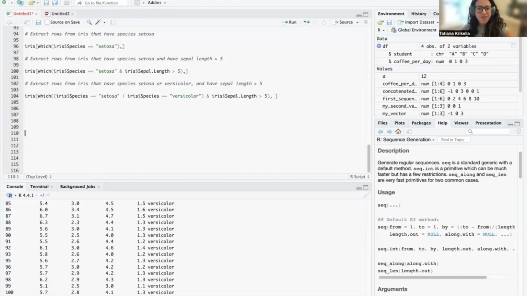Welcome to the fourth video in the Intro to R Basics series. In this video, we're going to be talking about if statements and for loops. We're going to start off with if statements,